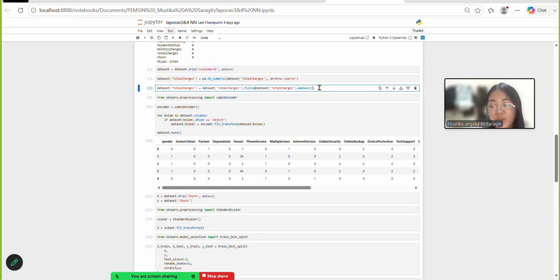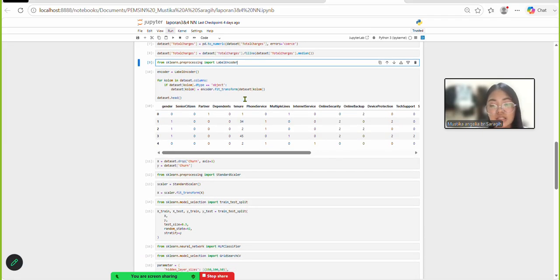Any missing values in the total charges column are replaced with the median value. Next is encode categorical data. Since neural networks work with numerical data, label encoder is used to convert categorical variables into numerical values.